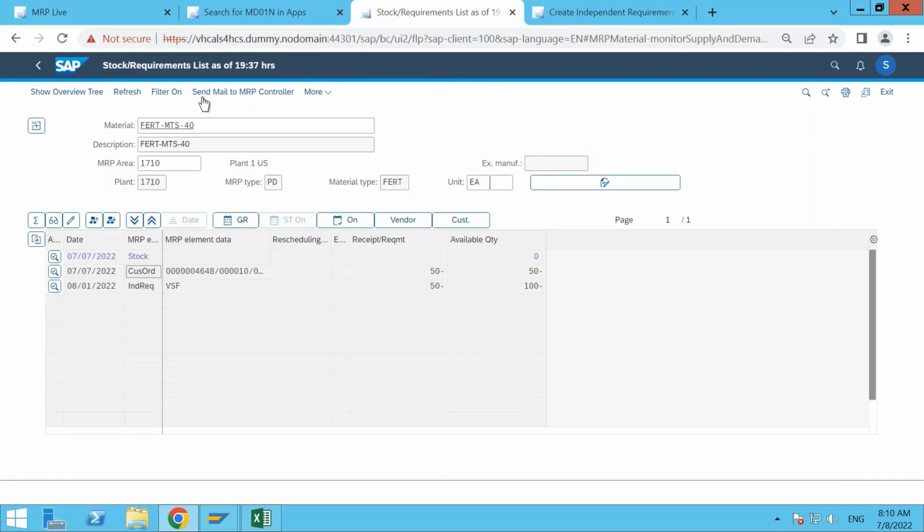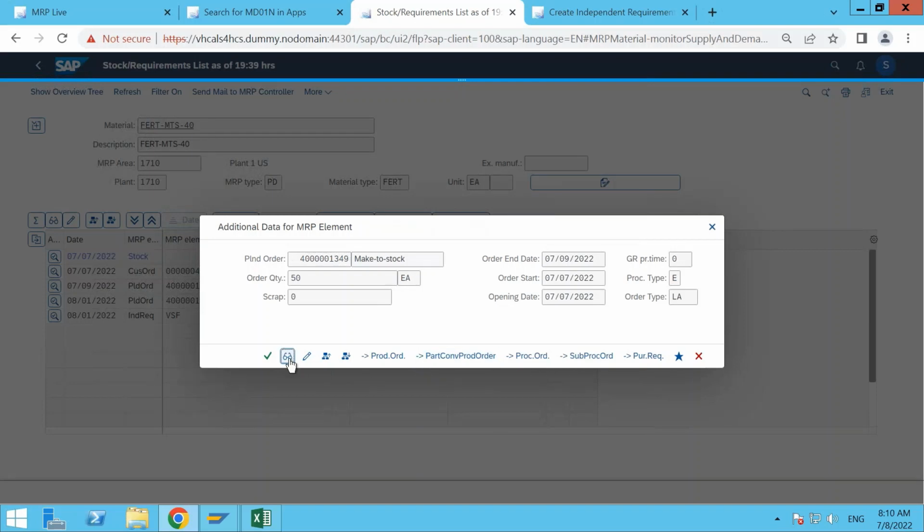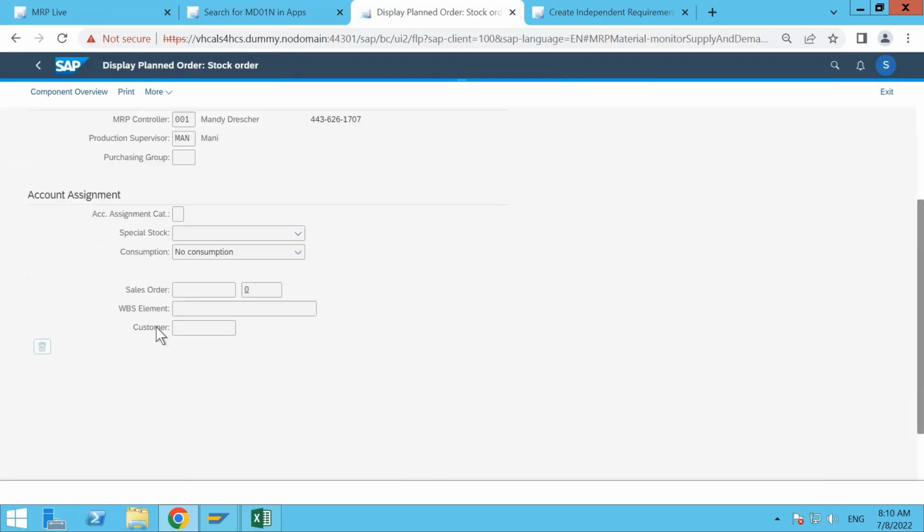So my MRP live is completed. Let me refresh. Now, like I mentioned, I'm expecting 2 planned orders as per my example. So the system has created 2 planned orders now. And if you notice one thing, they are both stock planned orders, not sales-order-tied planned orders. We will also see how the planned order is tied up to a customer order in strategy 20 and strategy 50. If I open this order and go to display, under the assignment, I will have sales order information tied up to this particular planned order if I'm using the make-to-order scenario. So right now, though it is considering the sales order, it is not